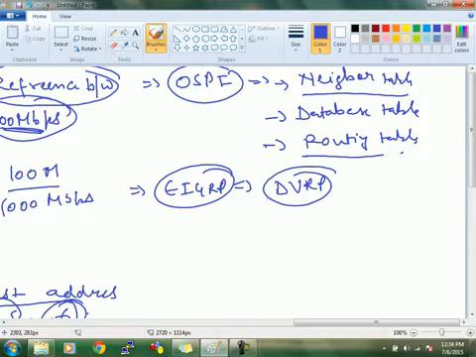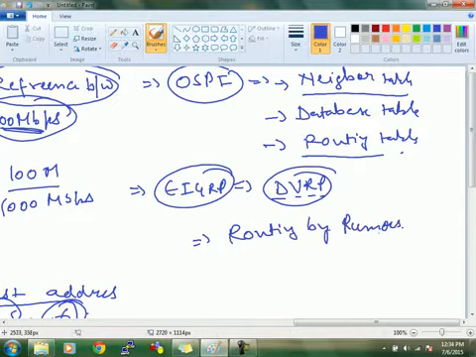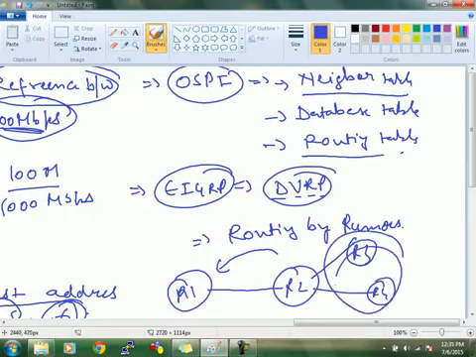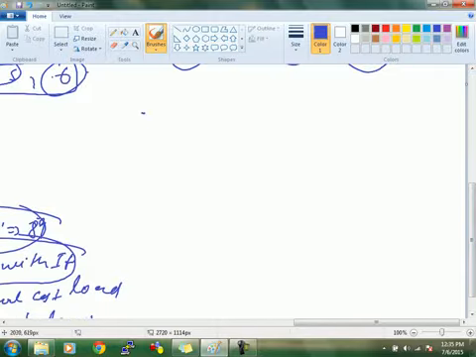DVRP stands for distance vector routing. That's why in case of EIGRP we have a concept of routing by rumors. It means R1 has all the database, but R1 only knows R2. R1 never knows R3 or R4. This thing is clear. But in case of OSPF, first thing,